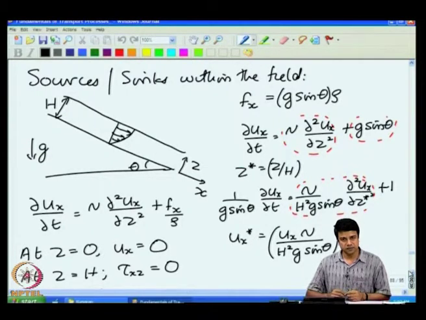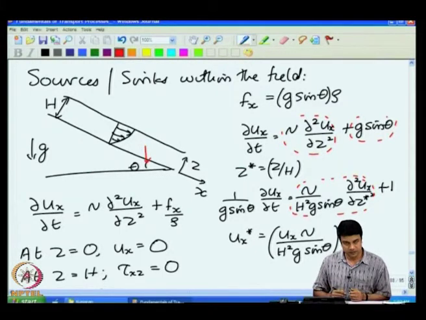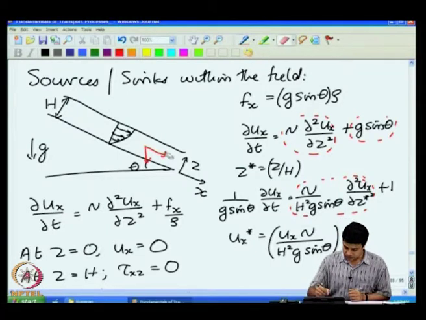So, in this series of problems where there is a source or sink of mass, momentum or energy within the flow, the first situation we had considered was a body force, a gravitational force acting on a fluid that is flowing down an inclined plane. Okay. So, the problem we considered was the flow down an inclined plane, and there is a gravitational force acting on every element of fluid within the flow. That gravitational force has a component along the flow direction. Okay. This component is of course,